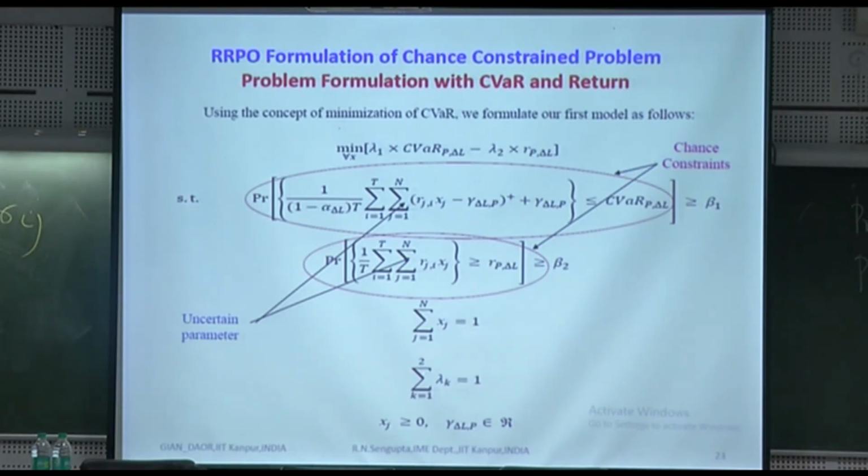I am using X in place of W, and the weightages for the multi-objectives can change. If I think returns are very good, obviously I will put more weightage on returns. If I think risk is very important, I will put more weightage on the risk. These weightages can also be negative, but keeping in mind that the sum of the weights is 1, as given in the second last point here.